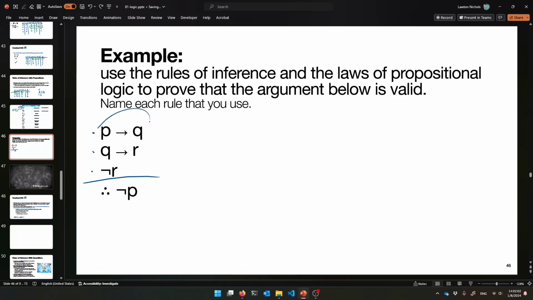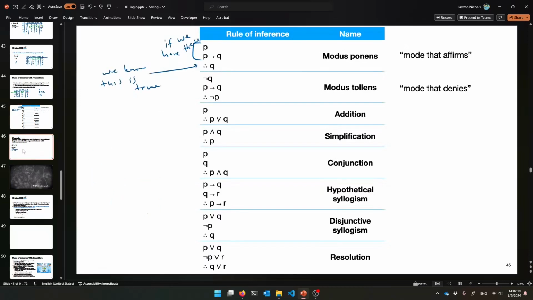So let's try to come up with a game plan, because I got these guys. Let's see, what do we have? I need to end up with not P, and I have not R at my disposal, and I got a bunch of implications. So let's look at some of these rules. Did any of these work? Like here we got this one. This might help. We also have a negation. Some of these things have negations. I like this one. Oh wait, let's see. Yeah, I kind of like this one because